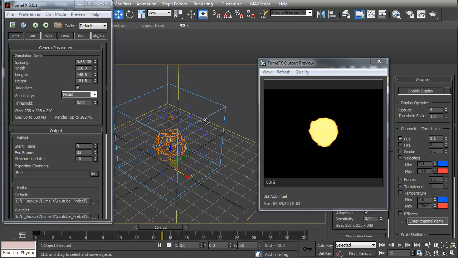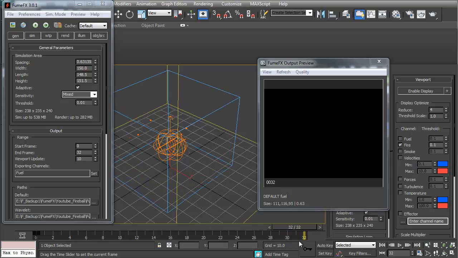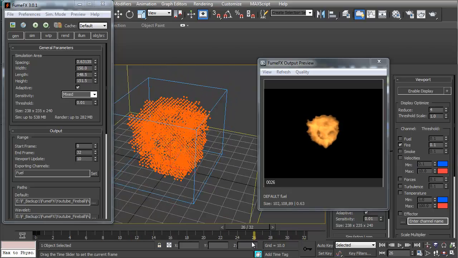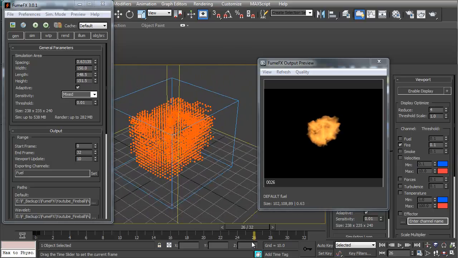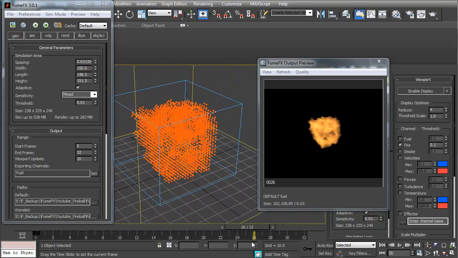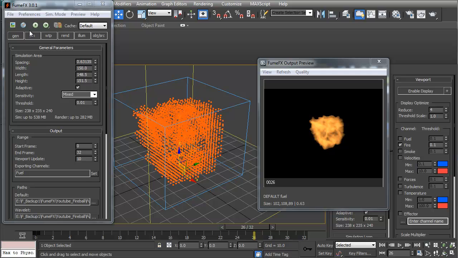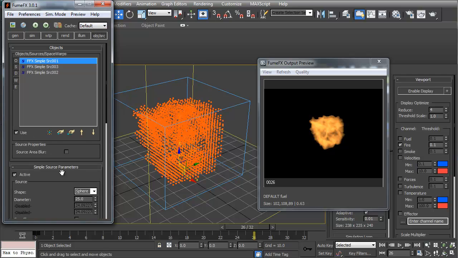You can see these blue dots. Let's put on the fire. You can see that we are ending up a little cubic here, which we need to fix because we don't want a cube. So some of that, I believe, can possibly be worked here, and also the amount of